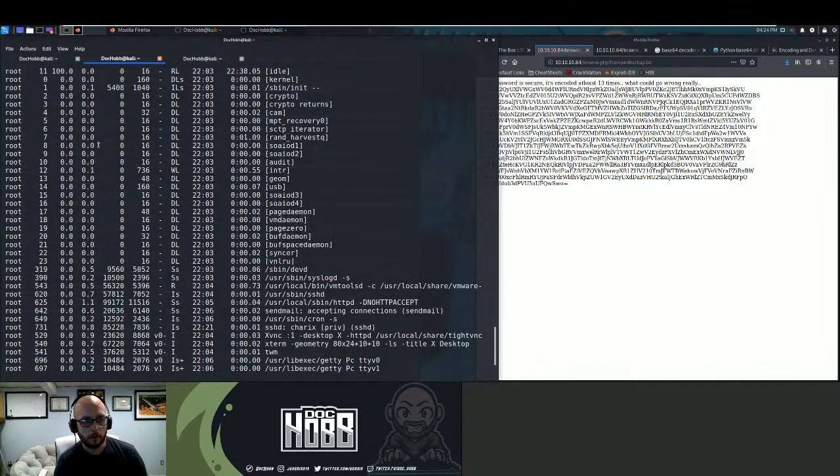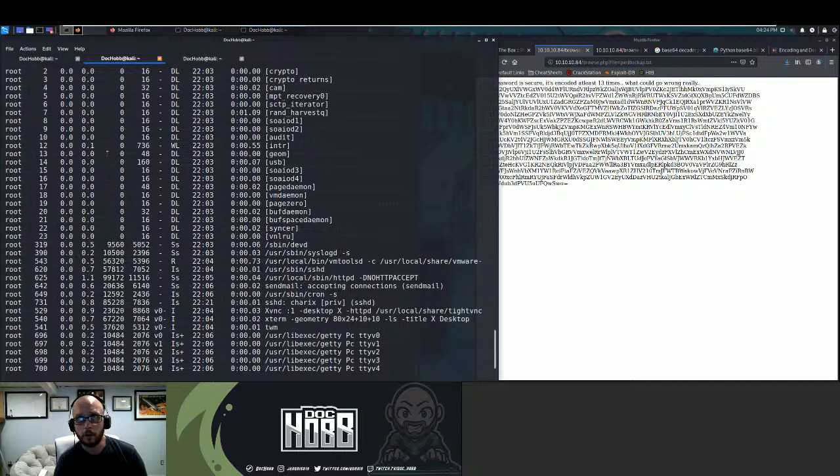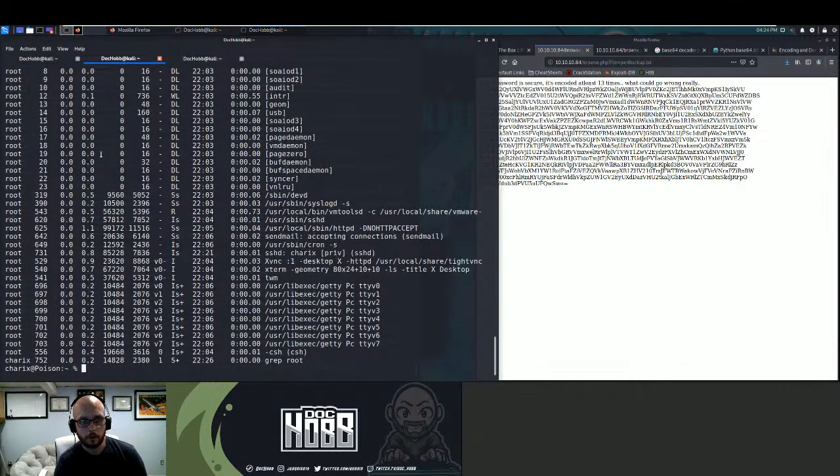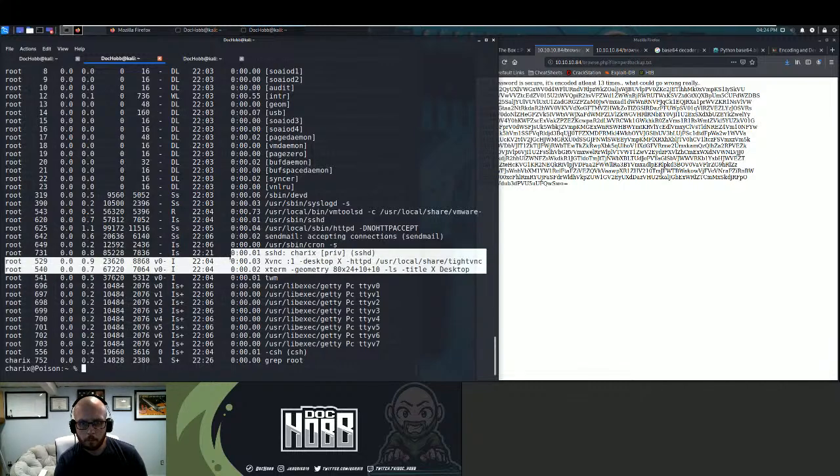Looks like for root privileges, there's really not a lot beyond Xvnc, xterm, SSH.